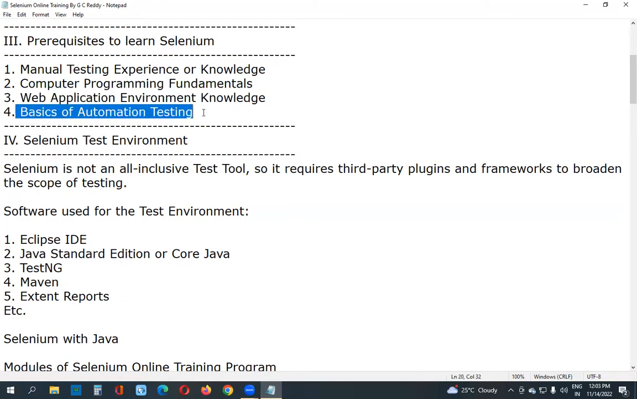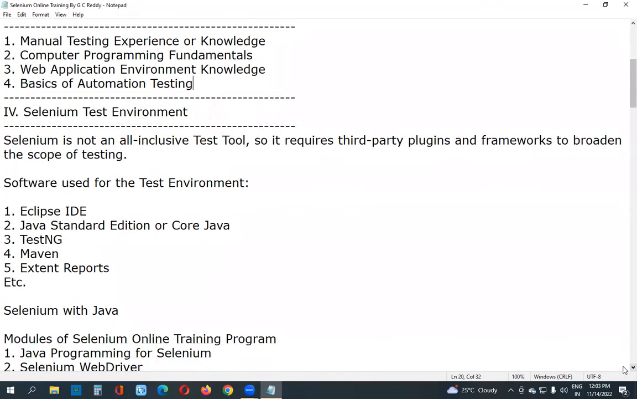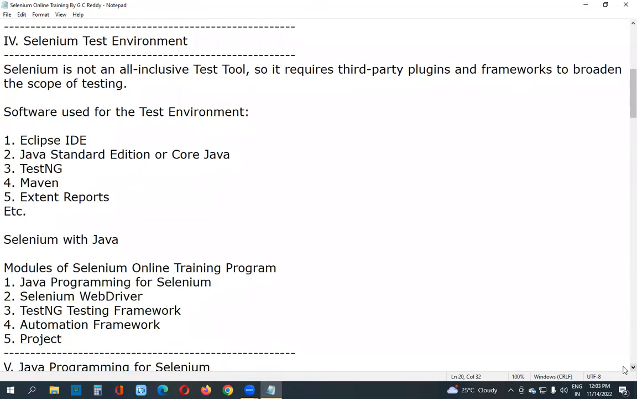Next, basics of automation testing. Next, come to next topic. Selenium test environment. Say, Selenium test environment is dynamic. Suppose UFT, formerly QTP, commercial tool, our competitor. UFT test environment is static, fixed. If you install UFT tool, programming language, VB script engine built in with UFT, MS Access engine built in with UFT